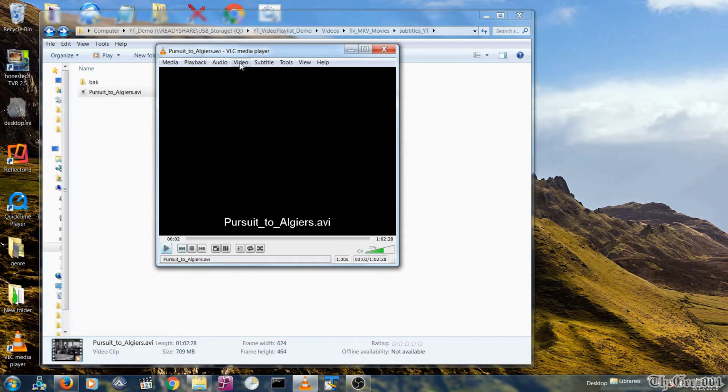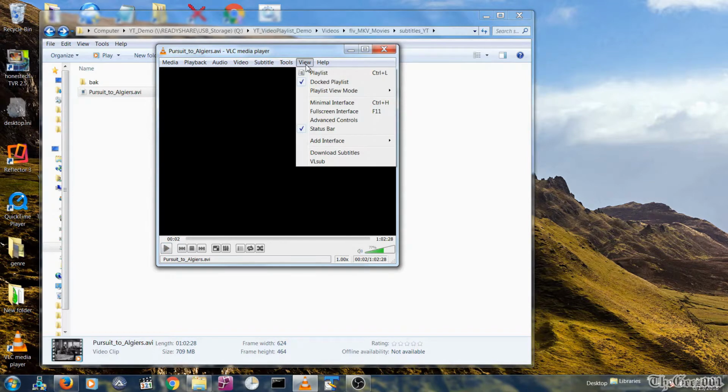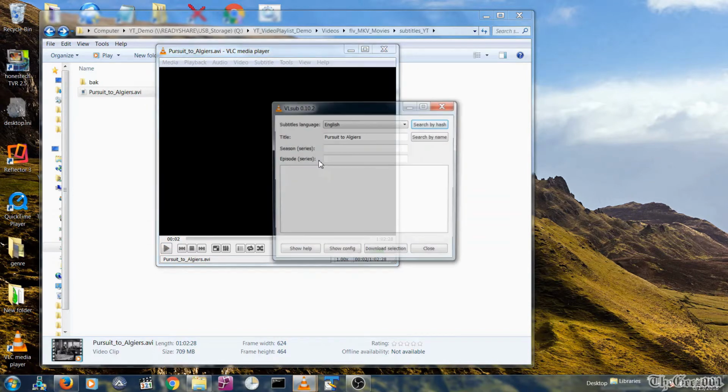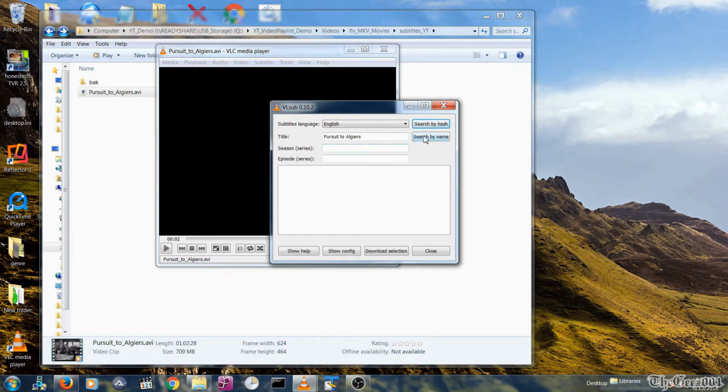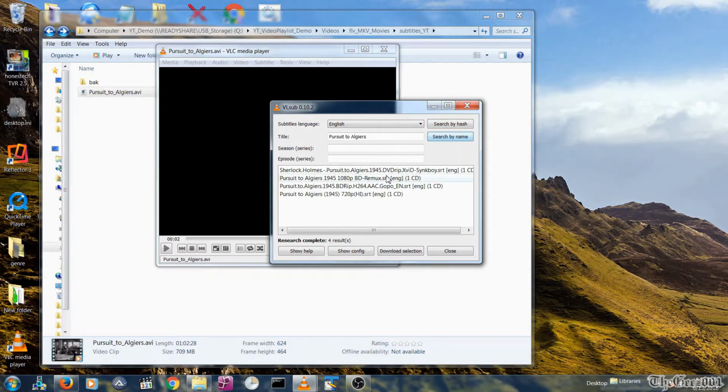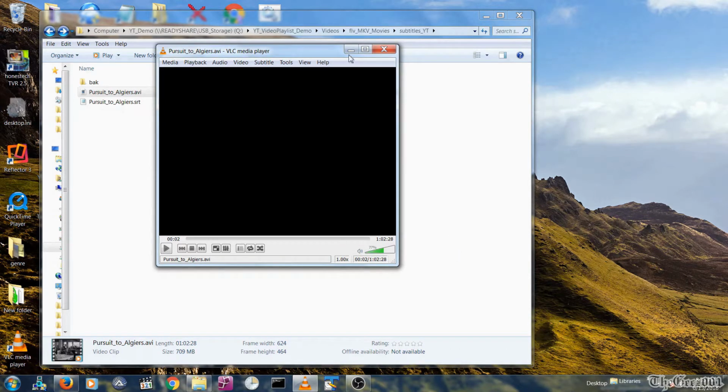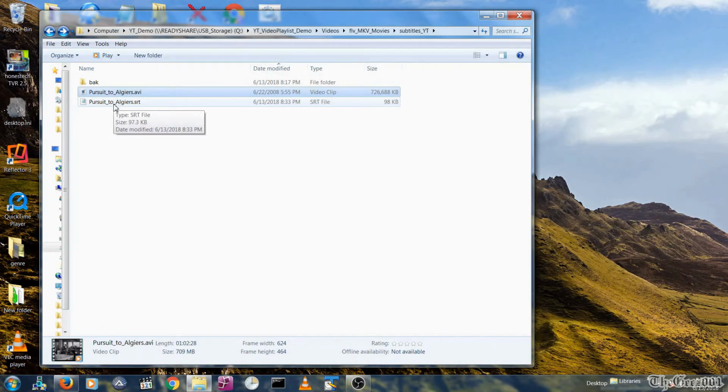Next, go to View, VLSub, and click Search by Name. Then select and download a subtitle from one of the listed subtitles returned, then test to see if it matches. The selected subtitle will download in the same folder as the video file with the same file name, but with an SRT file type. You can search for other languages using VLSub, but if not available, here's how you can